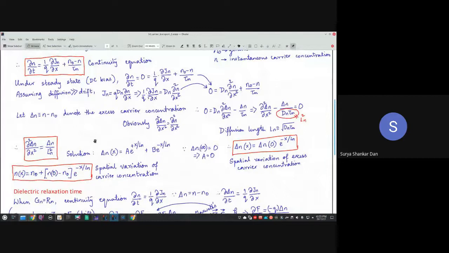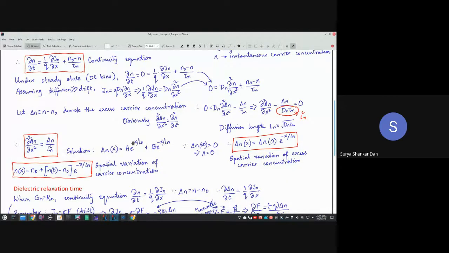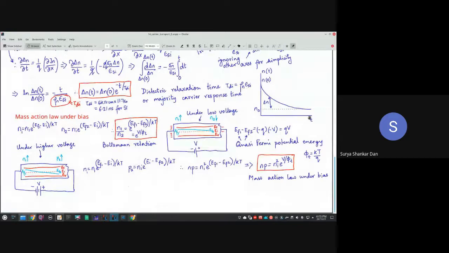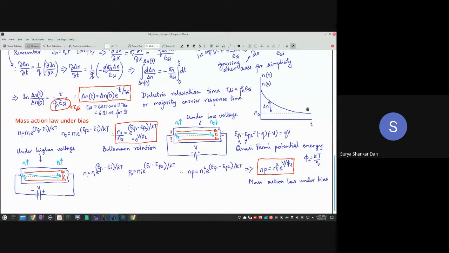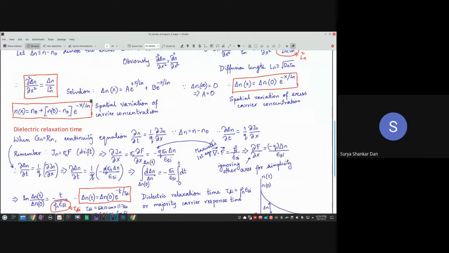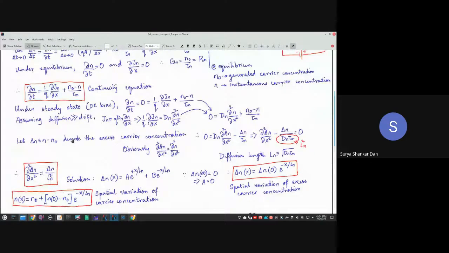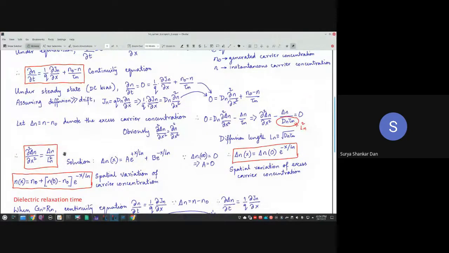So the first thing that we need to understand is that the concentration of the free carriers will decrease from its n0 value, where 0 is the point where we are making the observation, as we go along x. This is what we had shown. This was of course with respect to time, but the variation with x will also be an exponentially decreasing curve as shown in this diagram. But this was done only for a silicon material.